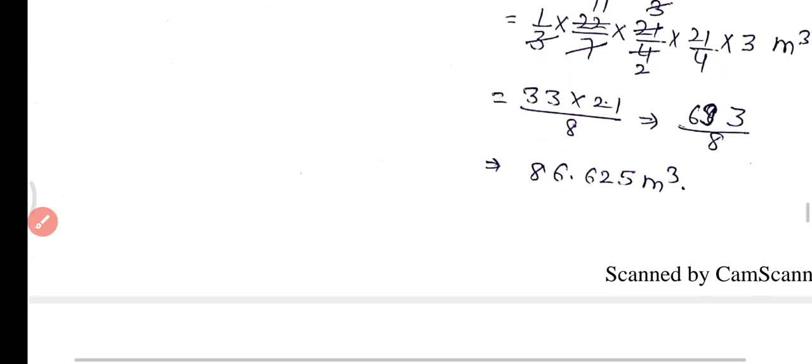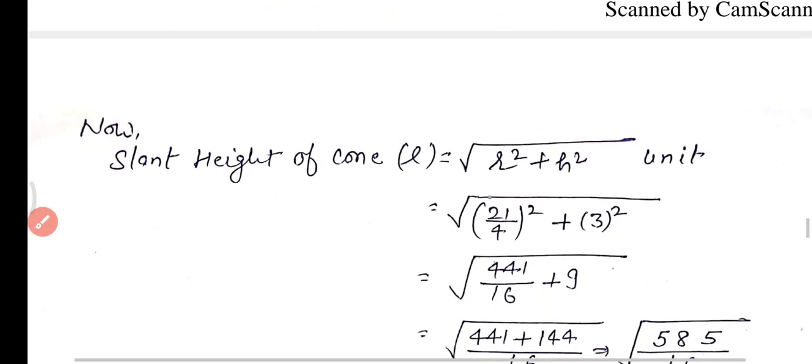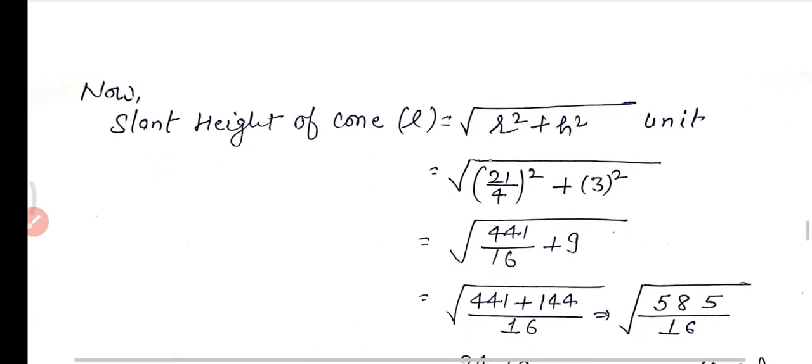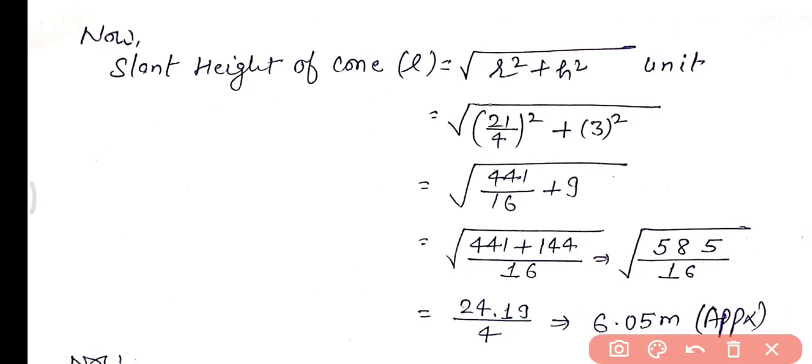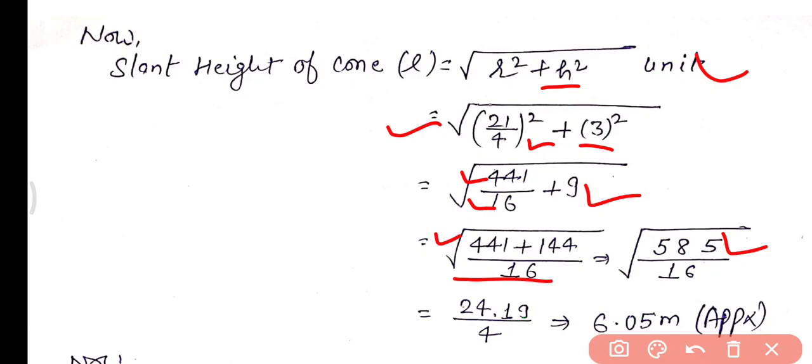So now proceed for the slant height, as we need to find the area of canvas. So first of all we need to find the slant height of cone. You can see slant height of cone is equal to under the root r square plus h square. So r square, r is 21 by 4, so put here 21 by 4 square, and height is 3 meters, so put here 3. So 21 by 4 square means 21 square becomes 441, and 4 square becomes 16, 3 square becomes 9, and after taking LCM you will get 441 plus 144 by 16,